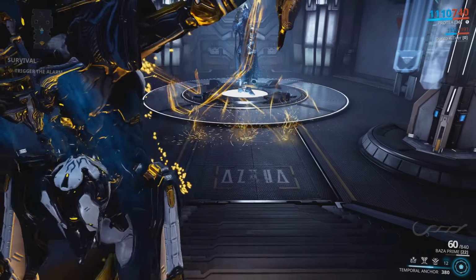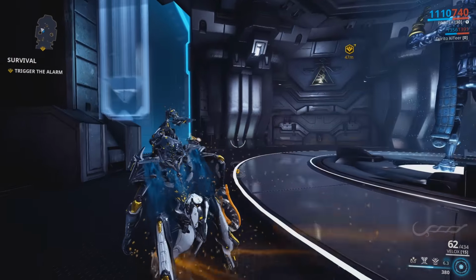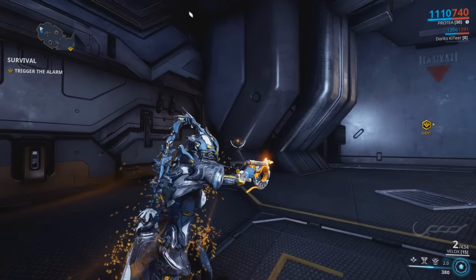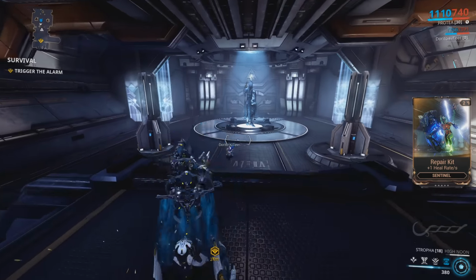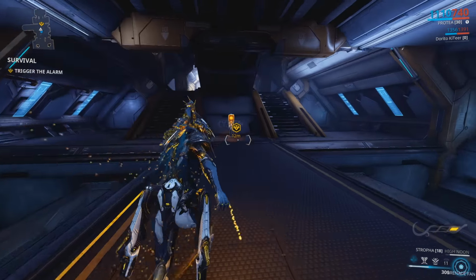Now, upon her return, she will explode. The damage for this explosion will be based off of the damage you dealt while the ability was active. You will also be refunded any energy or ammo used while the ability was active, plus your health and shields will be restored. Any abilities that were cast while Temporal Anchor was active will also continue to function until their